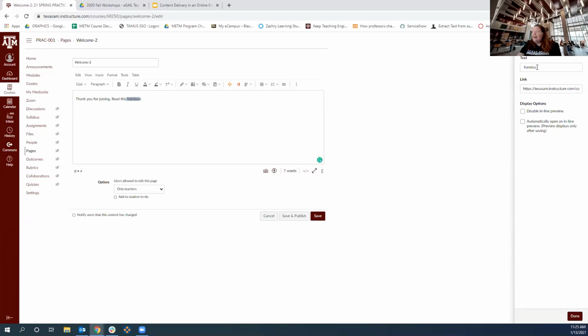So I didn't highlight the T, so I can add T here, so that'll change the text, but then I'll need to go back in here and delete the extra T. I can update the link if I had put the wrong file, or I decided I want to link to a different external URL. I could update that here.